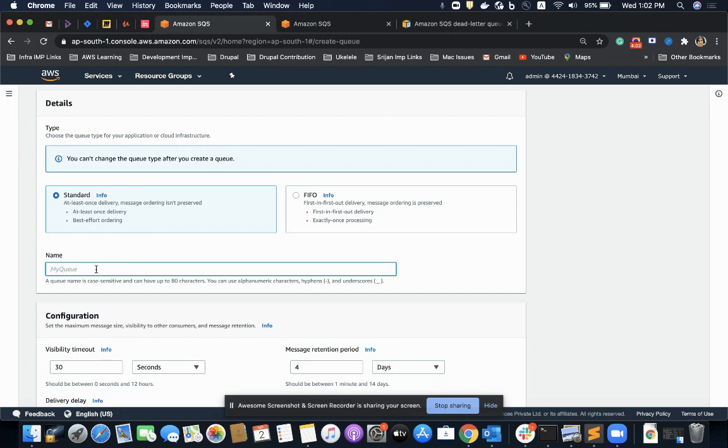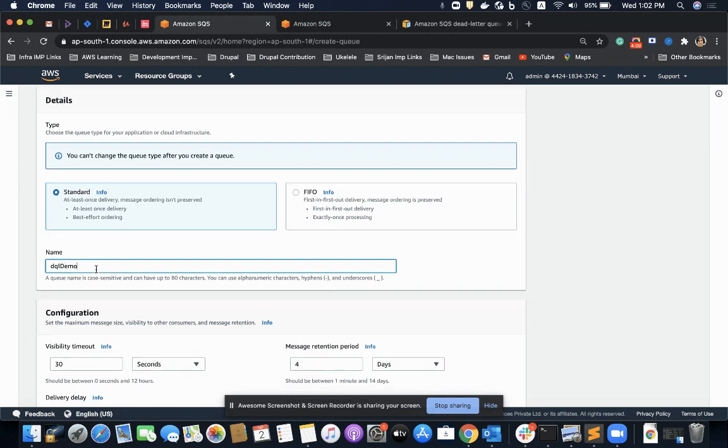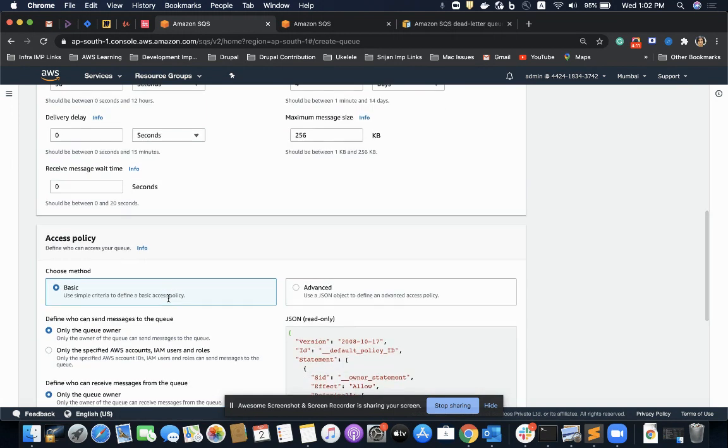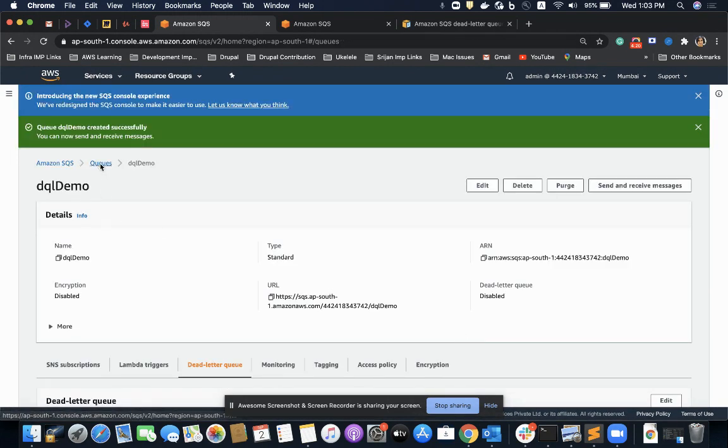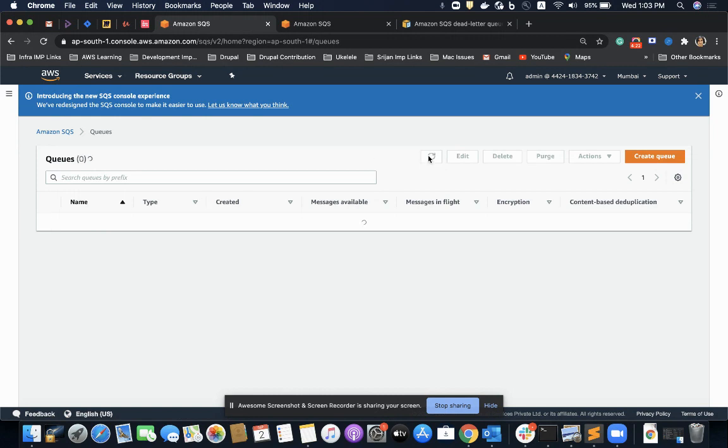So this would be DLQ demo. Inside dead letter queue I'll keep everything as default. This is my DLQ. Refresh it.